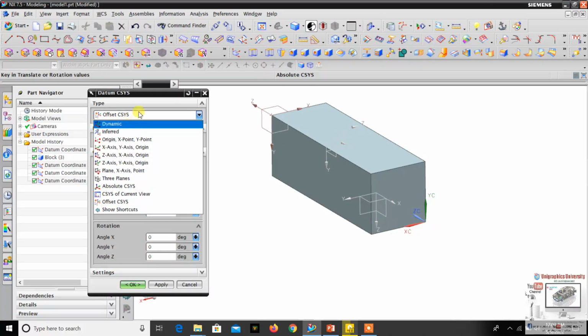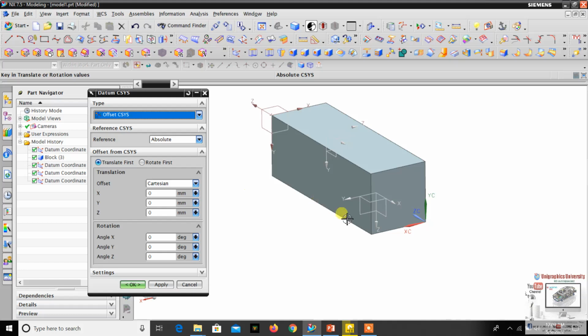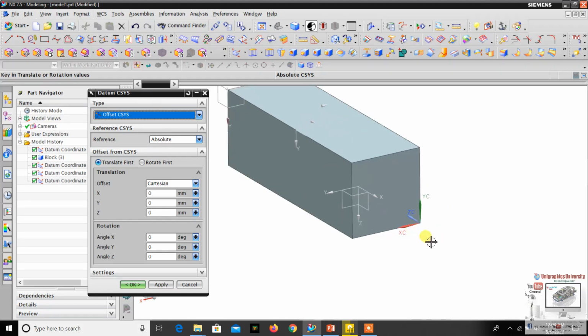This is the same as dynamic coordinate system; you can create a new coordinate system based on the origin coordinate system. Like if you want a new coordinate system from the origin point, x direction, y direction. For example, if I want to create a new datum coordinate system from the origin point, 10 mm x axis, 10 mm y axis, 10 mm z axis, I can create.